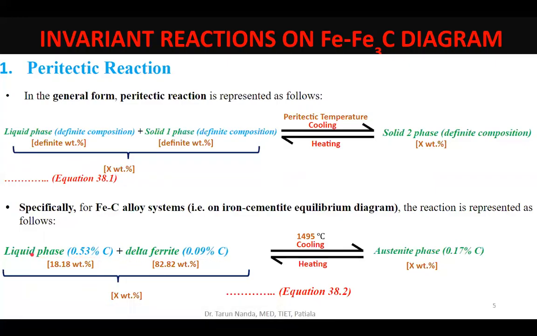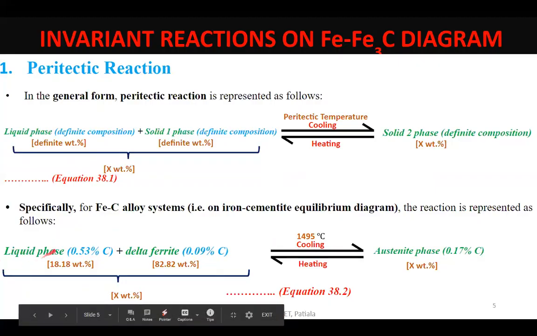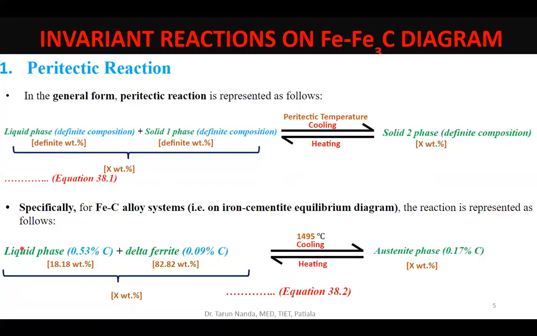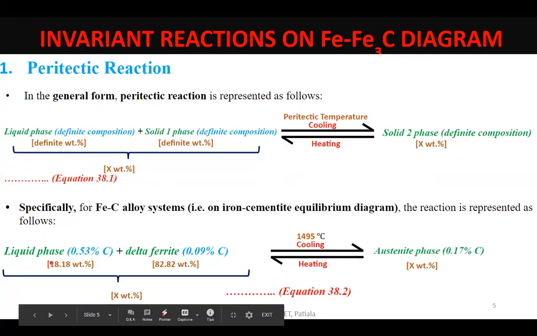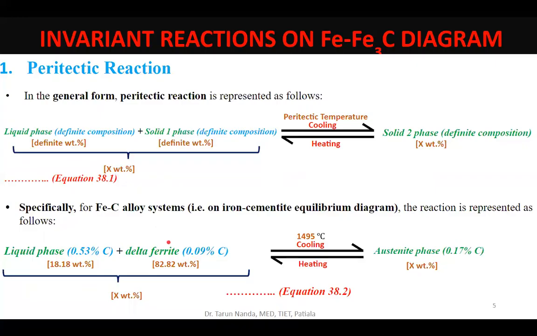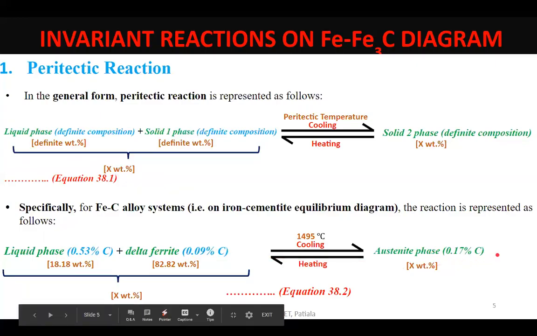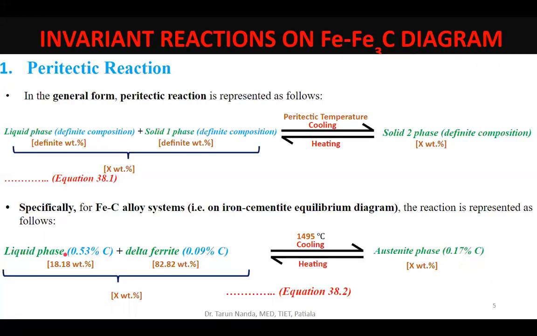Interestingly, in steels, liquid solution and delta ferrite join in the weight ratio of 1:4.5, and then this reaction occurs. If in a steel the two are not present in the weight ratio of 1:4.5, for example, a liquid solution is present beyond that range, so some liquid would combine with all delta ferrite and will lead to austenite, plus some liquid solution which was present in excess of what was required for the reaction would be seen here